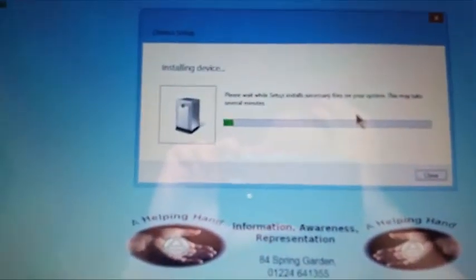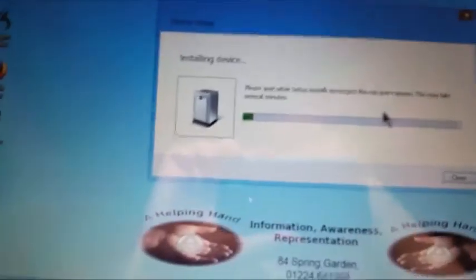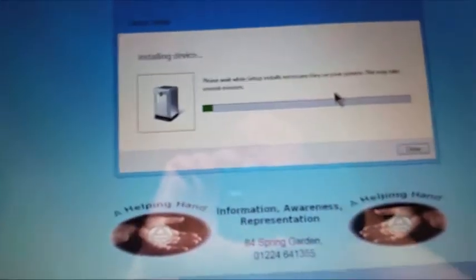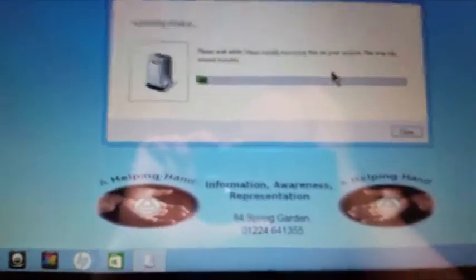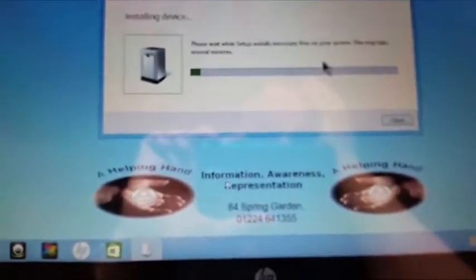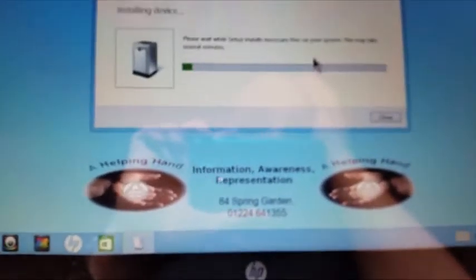And that's me installing the cordless mouse driver. So once that's done, I'm going to call it a day for this machine. Obviously I'll still need to install the printer drivers, but I will install that when I'm on the network and I can actually attach the printer wirelessly. So until then,